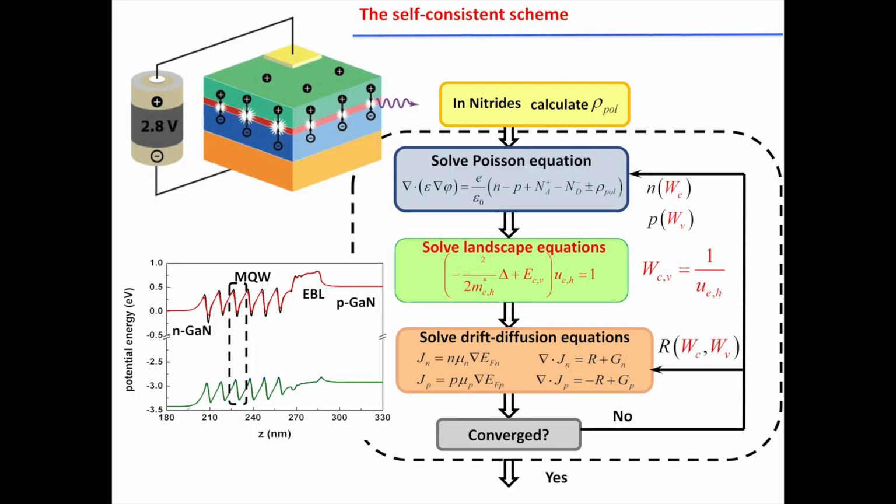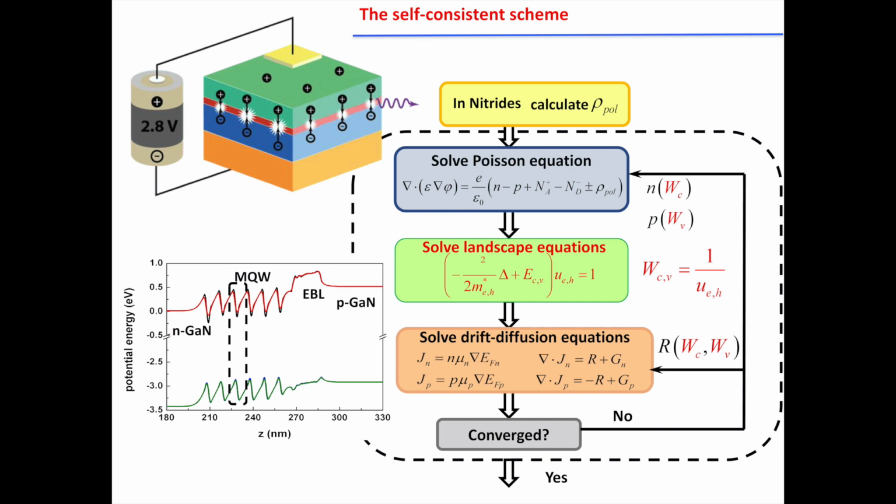Then, having the energy levels, we can compute the density of carriers, electrons and holes. Having the density of carriers and the electric fields, we can solve the drift diffusion equations. Solving the drift diffusion equations, we know the carriers everywhere. We can now compute again the charges, because we have injected electrons and holes. So we have to recompute the Poisson equation, the electric fields, because we have carriers now. So we want to do self-consistent computations.